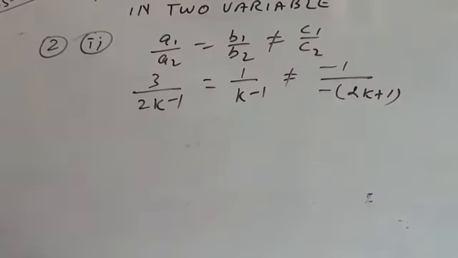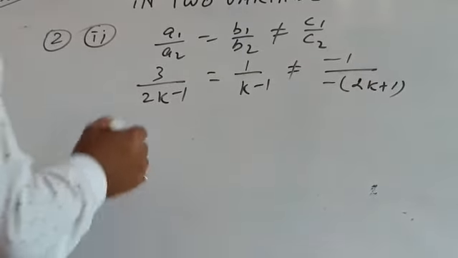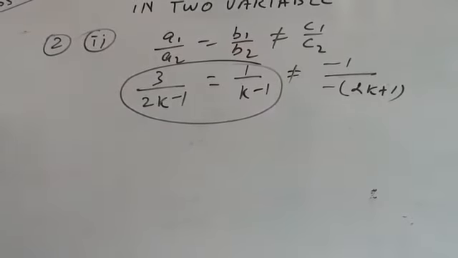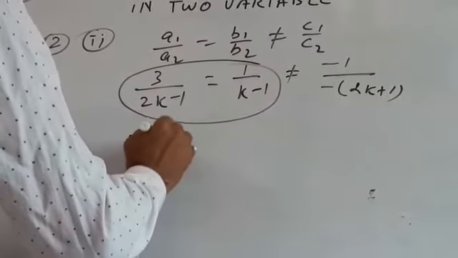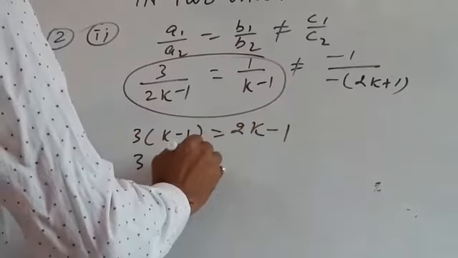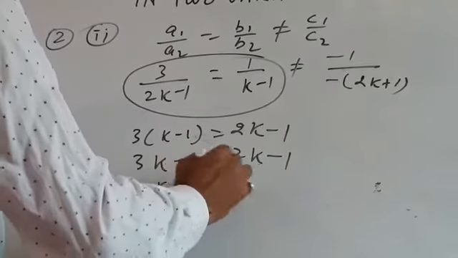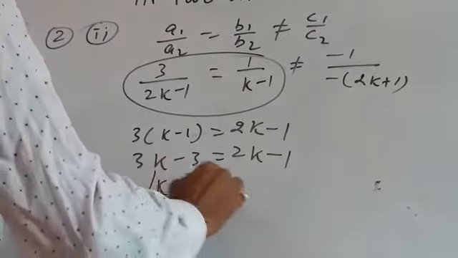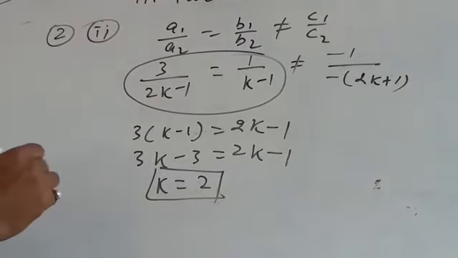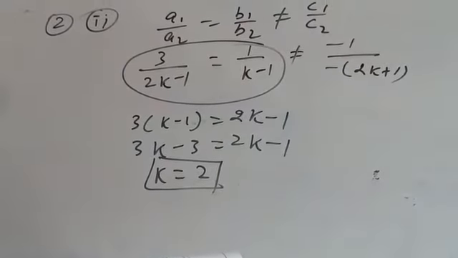So for which value of k? What we can do is equate this to this. So this would be 3 into k minus 1 is equal to 2k minus 1, and this gives 3k minus 3 is equal to 2k minus 1. This gives k is equal to minus 1 plus 3, which is 2. So the value of k is 2 if we will have this, which gives no solution. We don't have to bother for the third condition,